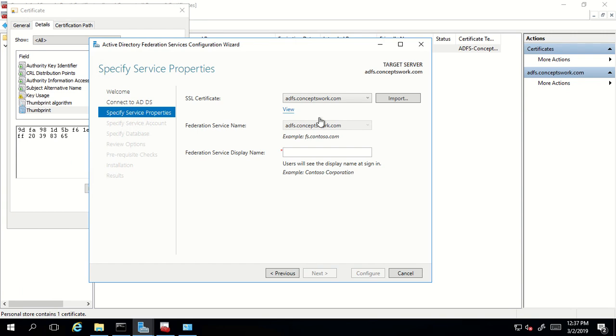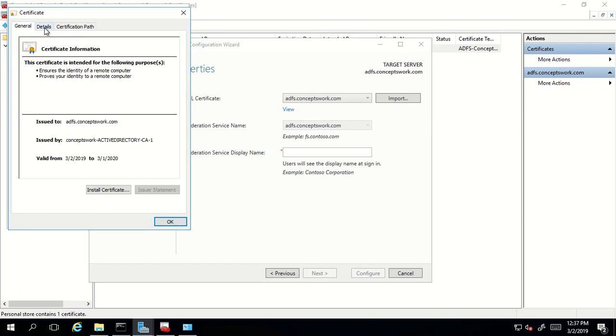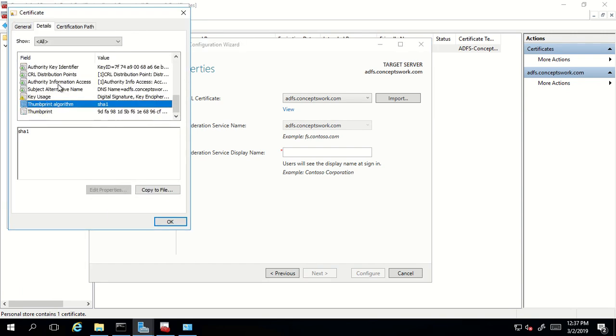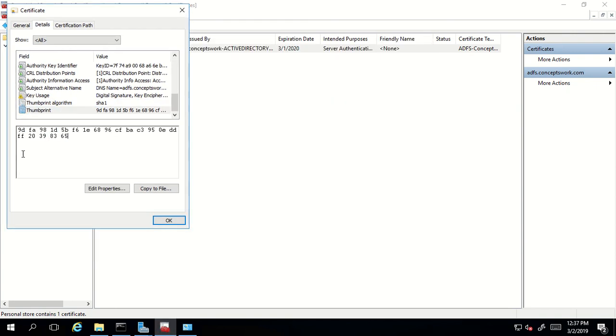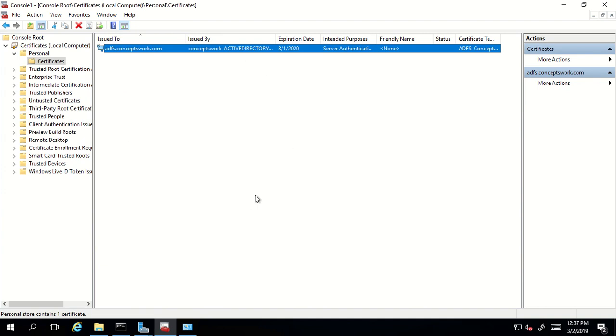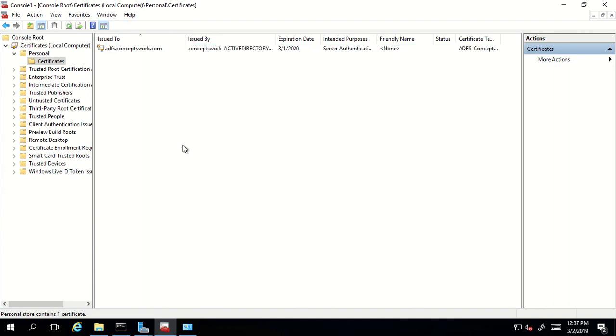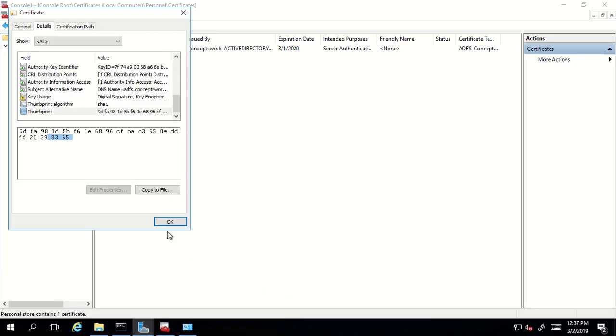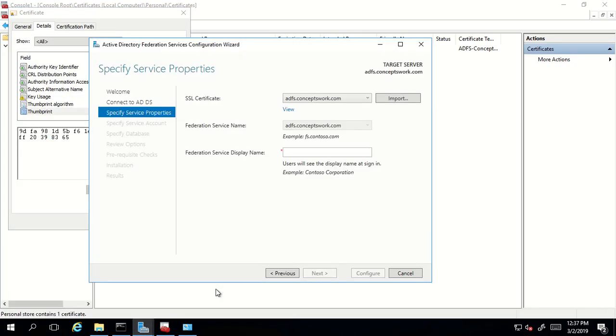To verify, you can actually view the certificate from here and go to the thumbprint. And as you can see, 8365, 8365. So that means when you request a certificate from your internal CA, it will get saved in the personal store and will be shown in your setup by default. So all you have to do is come back here, type a Federation Service display name